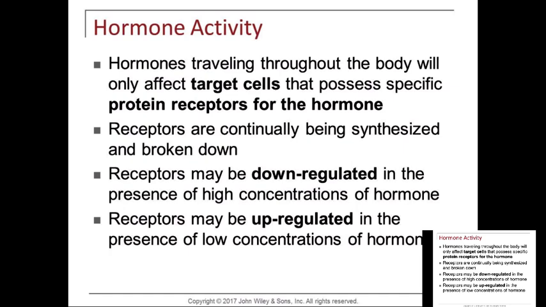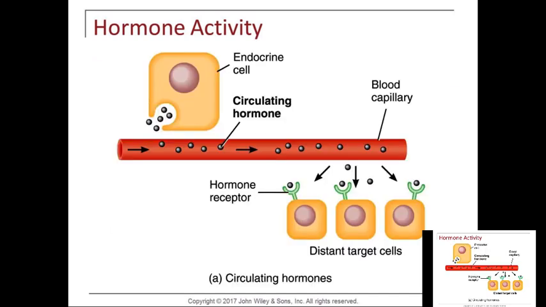If there's too little of something, we want more doorways to open to allow whatever's there in. And if there's too much of something, we want to downregulate it, shutting the amount of doors or available windows. Okay, so this just shows the endocrine cell through exocytosis. We see in the upper left how it's releasing that circulating hormone into the bloodstream. And then the blood capillary is going to release that hormone